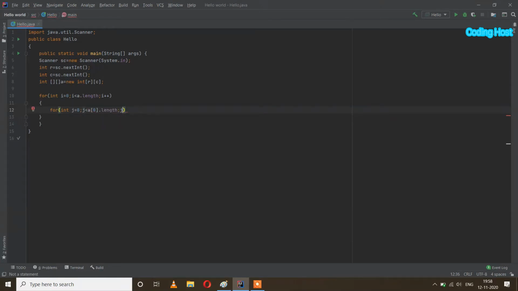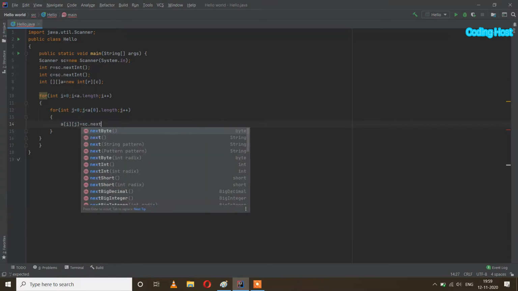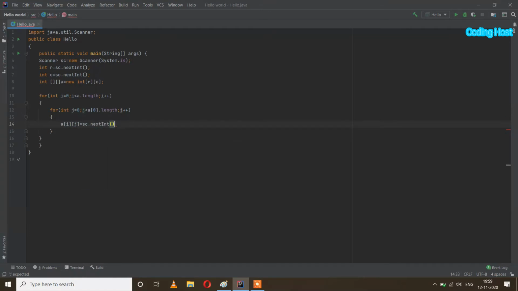Inside the loop I will write a, then square brackets. In this I will pass i, and in the second bracket I will pass j, equal to sc.nextInt(), like this.